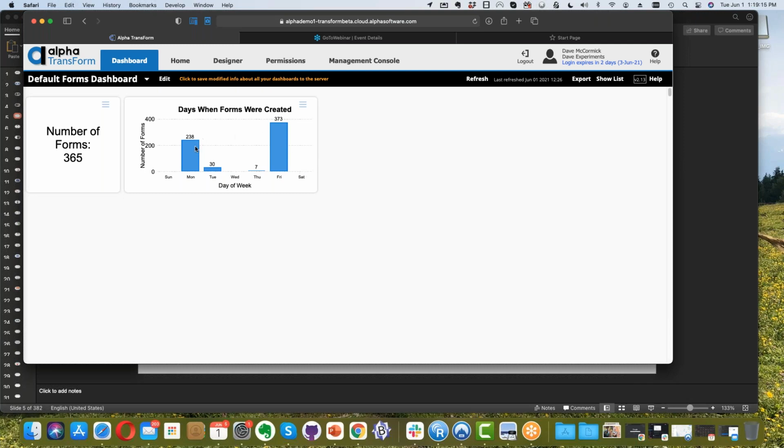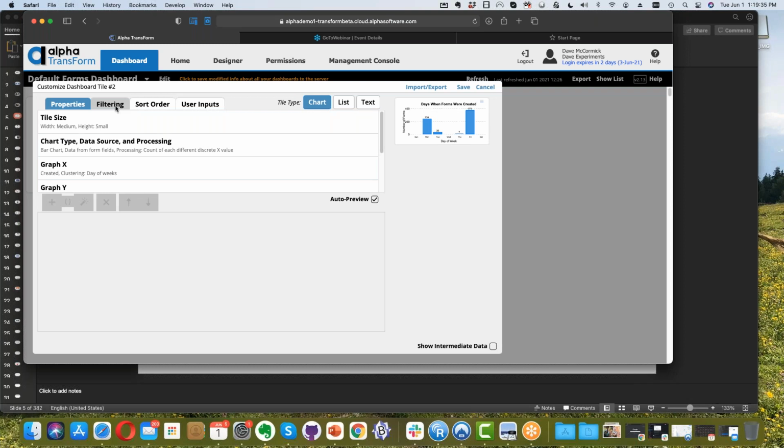But what I'm noticing right here is that there should only be 365 forms. So when I create this, I can actually edit the data. The reason I'm looking at it like this is it's showing me information from all of the records that I've ever entered into TransForm, and some of them were not just the 5S audit ones. So I'm going to edit this tile, and I'm going to filter it,